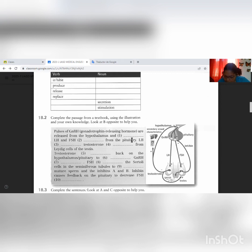gonadotropin releasing hormone, are released from the hypothalamus and stimulate LH and FSH release from the pituitary. LH stimulates testosterone production from Leydig cells of the testes. Testosterone feeds back on the hypothalamus and pituitary to inhibit